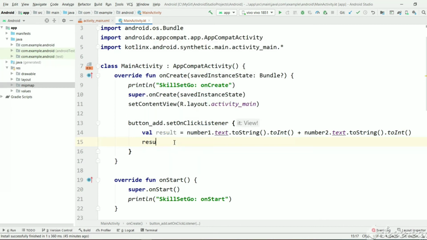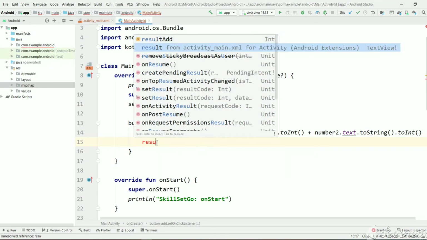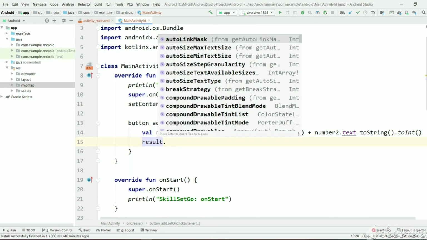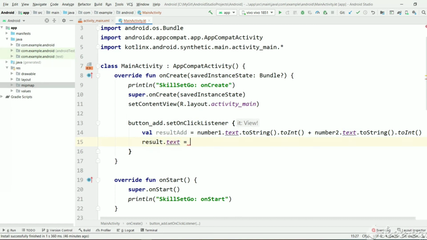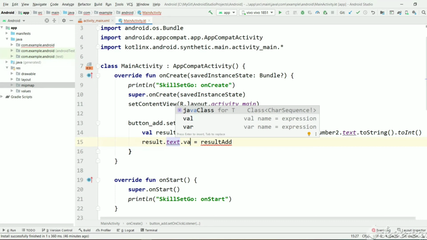So set this result to the result TextView. We have named the ID the same as this variable, so let's change it to resultAdd, and let's access the result view and text equal to this result, and we need to set .value.